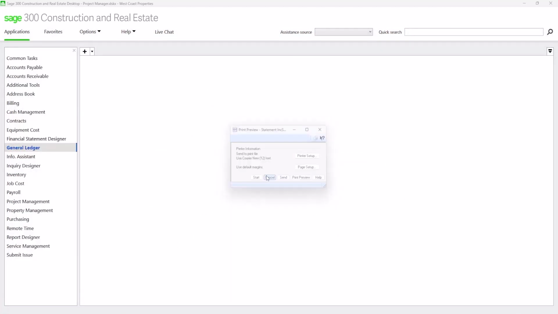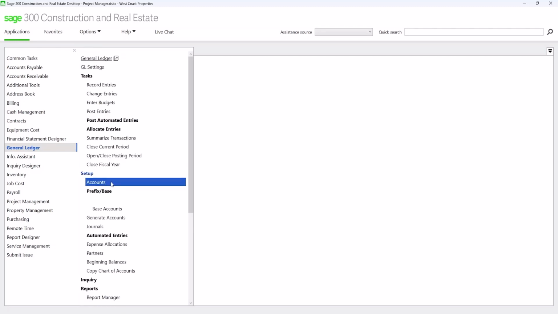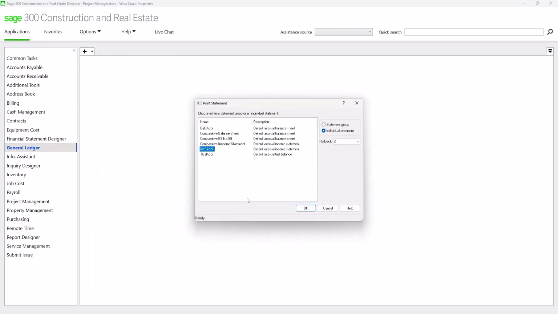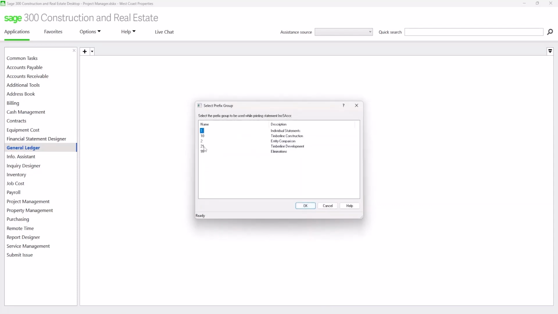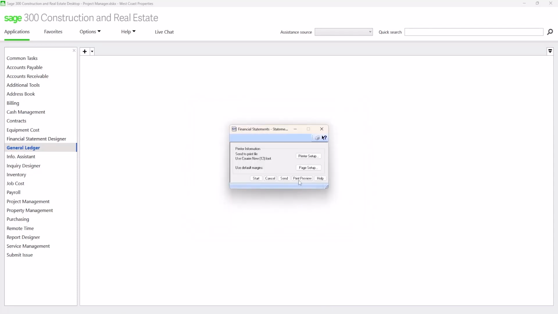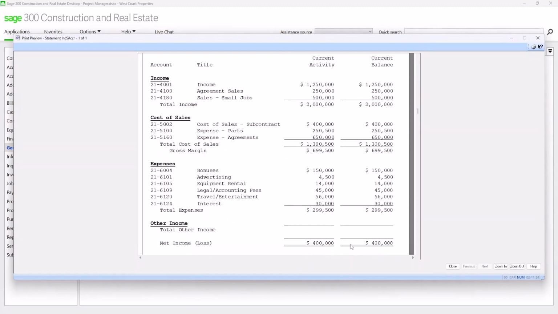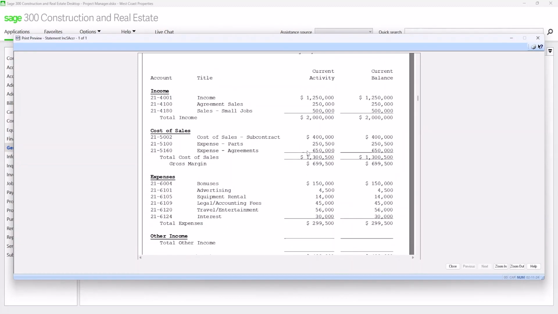So let's run one for company 21. So the GL, reports, financial statements. We run an income statement for company 21 in this case, and this should give us $400,000 of net income. So now we verify that balances that we copied over from originating data folders into the destination data folder, which is our consolidation data folder, are the same.